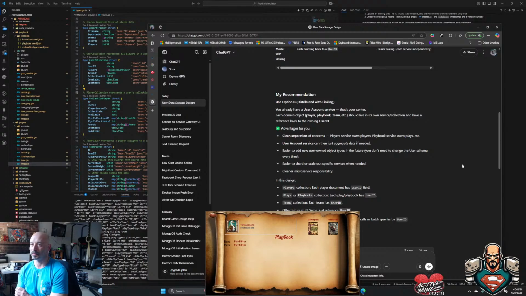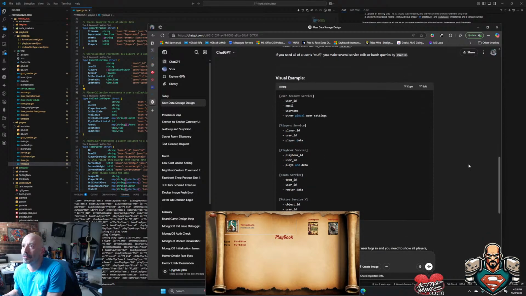Cleaner microservice responsibility. In the design, players collection: each player document has a user ID field. Plays or playbooks collections: each playbook has a user ID. Teams collection: each team has a user ID. Each other future item, same thing. Reference user ID. If you need all of a user's stuff, you make several service calls or batch queries by user ID. Visual example: user account, email, username, other global user settings, player service, user